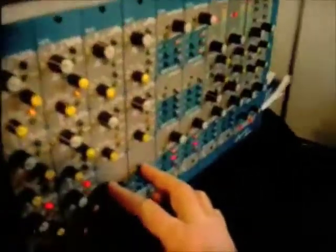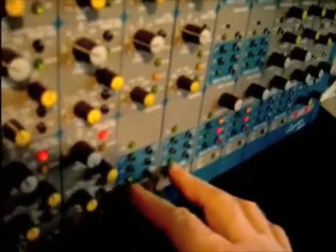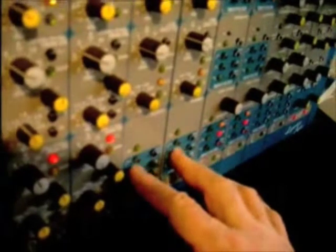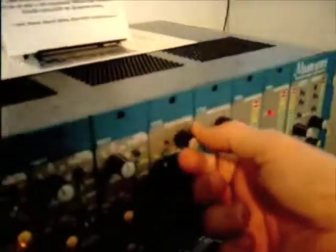So if you want to add that to the audio, you engage that, and you have the choice of just adding that to the low frequencies, the mid-band, or the high frequencies, or any combination. So you don't have to add that character to the full spectrum if you don't want to. Then we have tape texture, which is